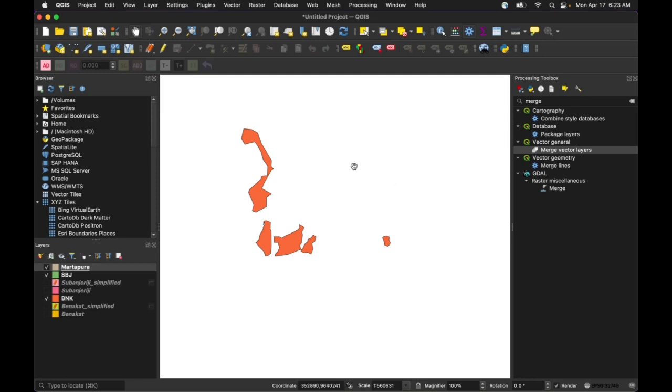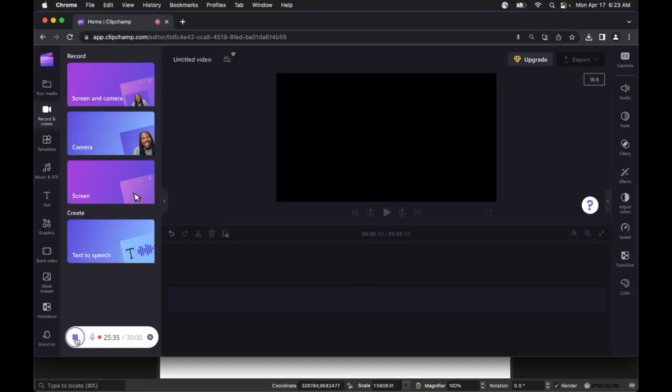Okay, let's solve for this in the next video. We've created simple polygons here, and we know we're going to succeed with those. I'll fix the BNK and SBJ polygons, merge them together to form a 16 kilohectare polygon, and then let's run that through Google Earth Engine to get